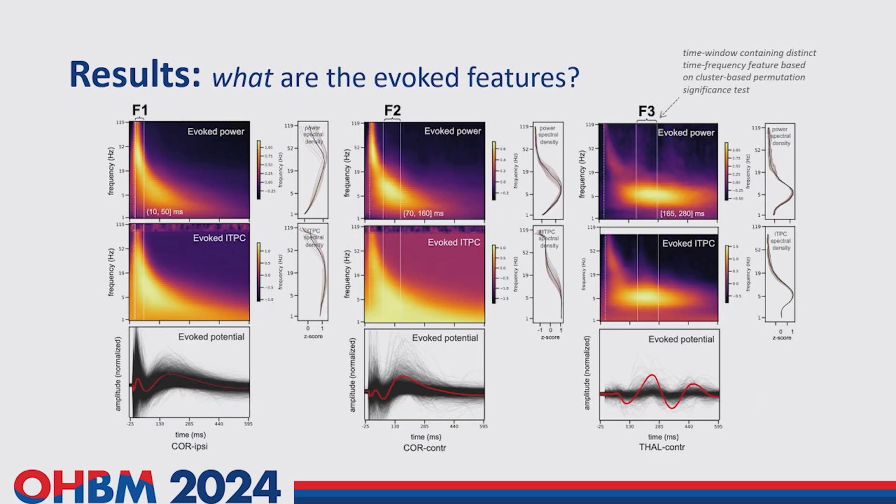The other thing to avoid the artifact is that we know if there is a strong evoked potential, or a strong peak in the time domain, and it happens very early, like within 10 milliseconds, it most likely is an artifact. And all of the analysis is done after 10 milliseconds. So that's another way we avoid our result being an artifact. And there are some other quality control things that I don't have time to expand, but it is indeed a very important point to make sure that, especially the F1 feature, the early feature, is not an artifact.